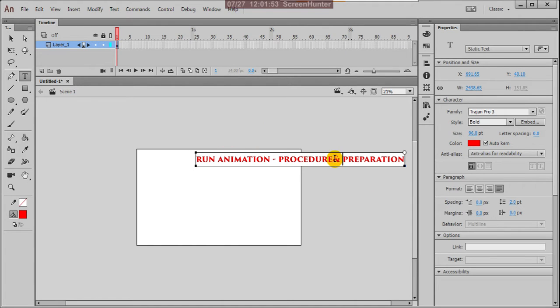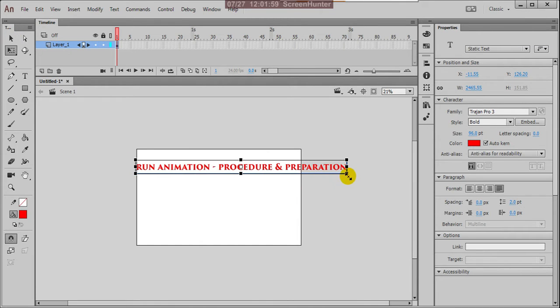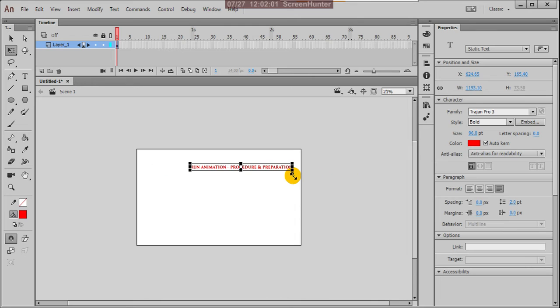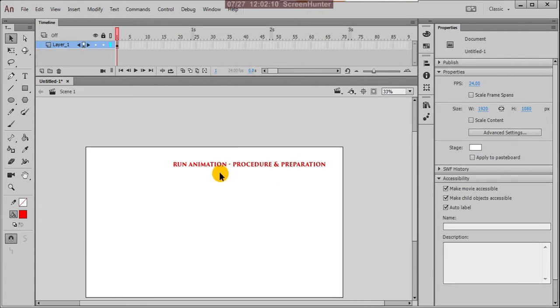Reduce this size. Run animation, procedure and preparation first up.